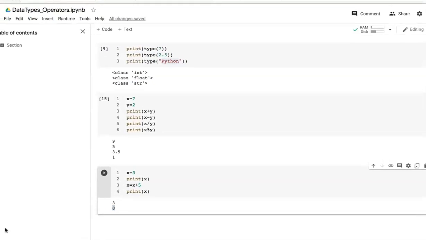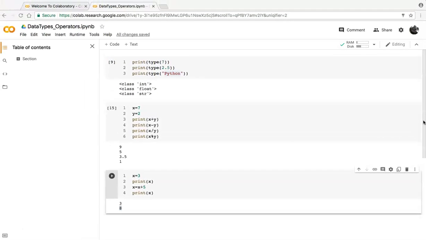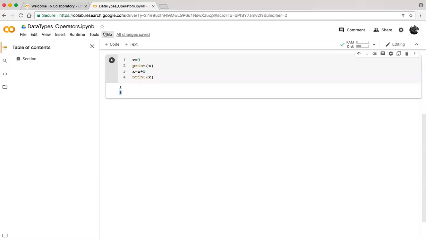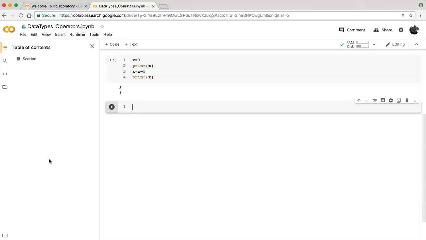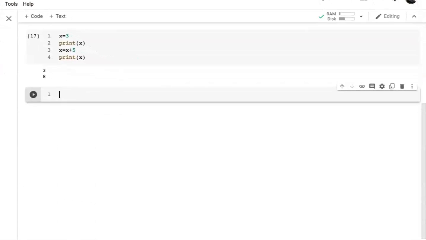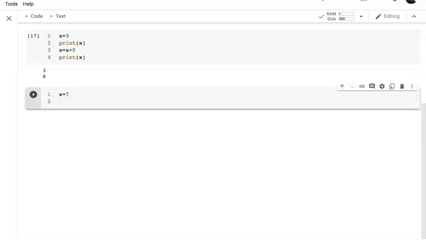Now take another code cell. So first scroll this and take another code cell, click here, and here we will try comparison operators. First take variables x, assign 7, another variable y and assign 2.